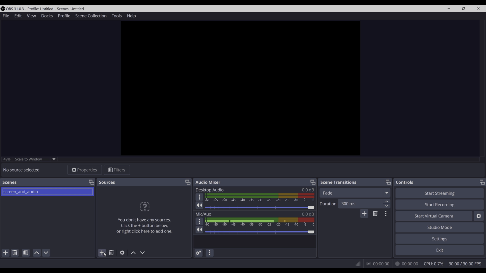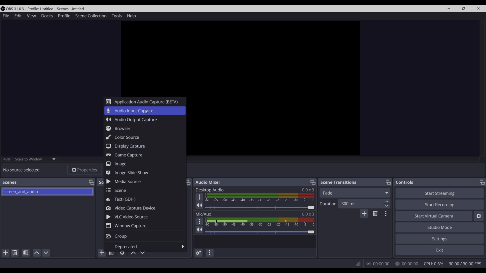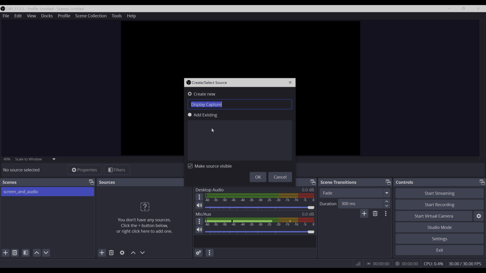entire desktop. Okay, so let's click on the plus button here, and here you have to carefully select which thing you want to select. So since we are going to capture the entire desktop, here we have to select display capture. Okay, so that full display will be captured, right? So currently there are no sources. We are creating a new display capture, naming it as full display